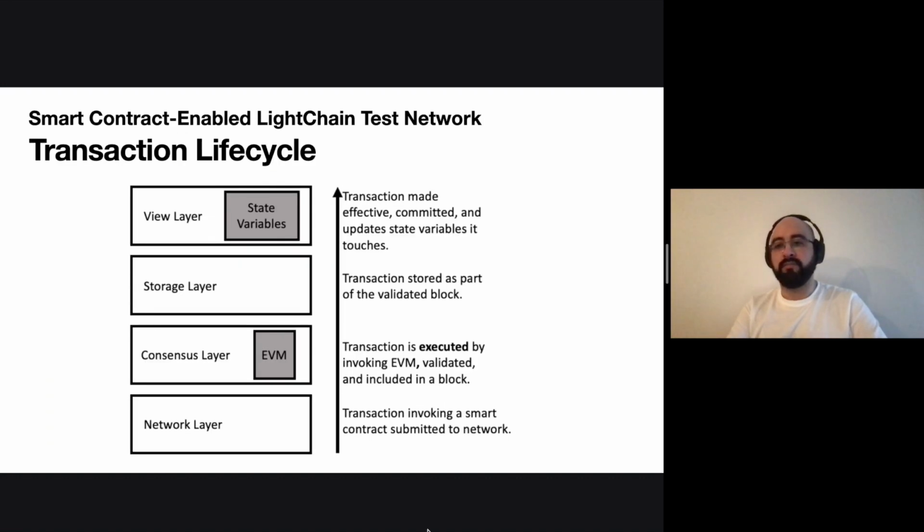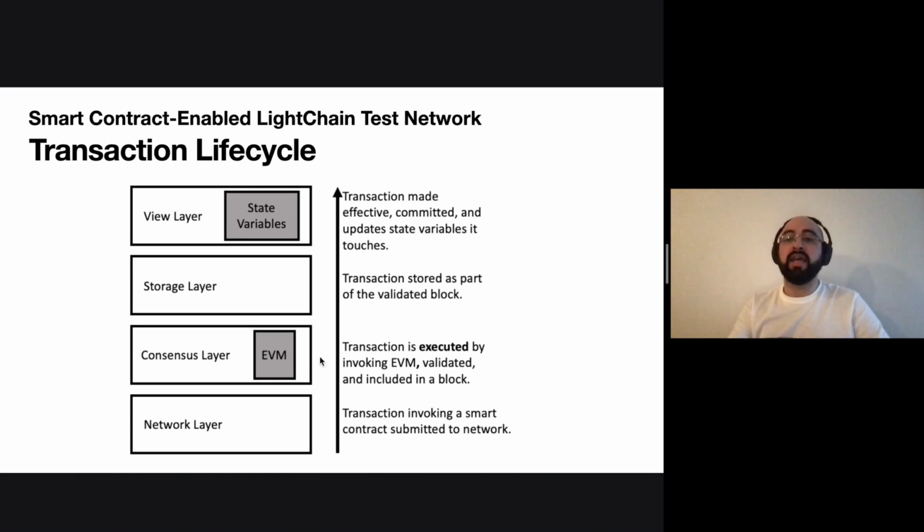This figure shows a very broad overview of the life cycle of a transaction in the smart contract enabled LightChain test network. In a LightChain system with n nodes, only O(log n) many nodes are involved in validating and reaching consensus over a transaction or block. Those nodes are called the validators of that transaction or block. And whenever a transaction owner submits its transaction to the network layer, the network layer finds its validators based on the validator assignment and